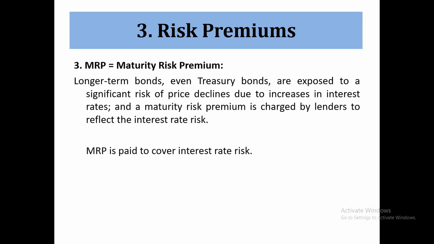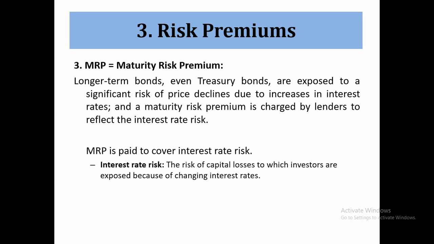So MRP is paid to cover interest rate risk. So what is MRP, maturity risk premium? आपकी जो securities होती हैं, bonds होते हैं, they have a very longer time period, like 5 years, 10 years, 20 years, 30 years. So when there is a longer time period in their maturity, there are so many risks associated